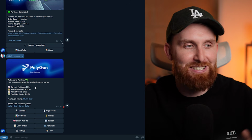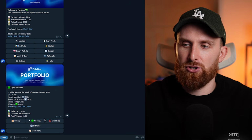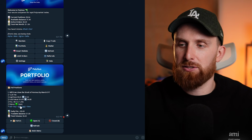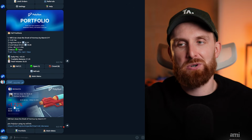Basically, this is the trade I just made like 1 second ago. And if you jump into portfolio, you will see our trade is right here. You can actually close it at any time. You can also click full to see full information about this trade: P&Ls, profits and losses. You can also get P&L cards right here if you want to share with your community, your friends. You can see right now I'm losing 1%, which is